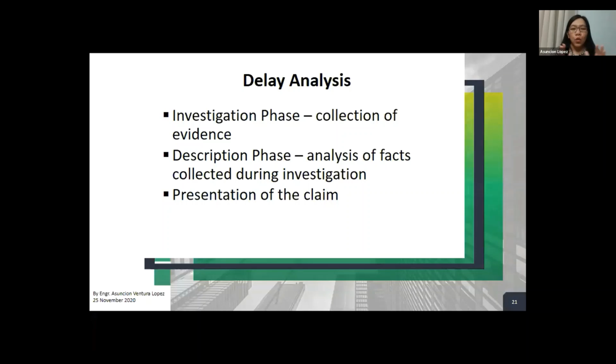At this stage, when you are either preparing the claim or analyzing the claim that is submitted to you by the contractor, always set aside all your emotions, and just analyze the facts, all the information that is in front of you. And then that is the time to collate and arrange all the available information so that you can properly present the claim, that is the EOT claim, okay?